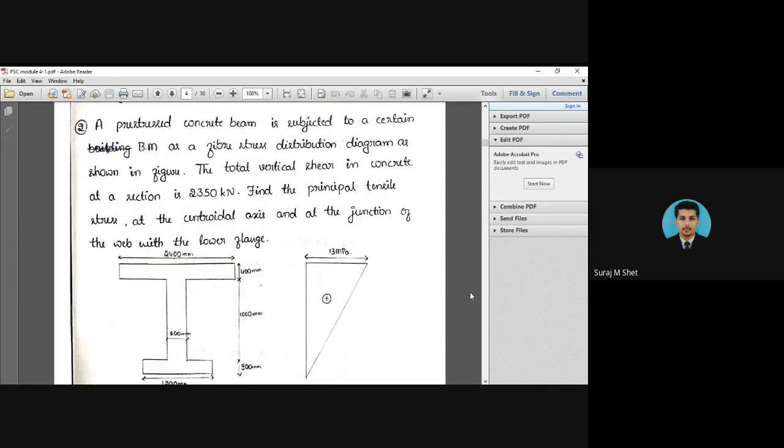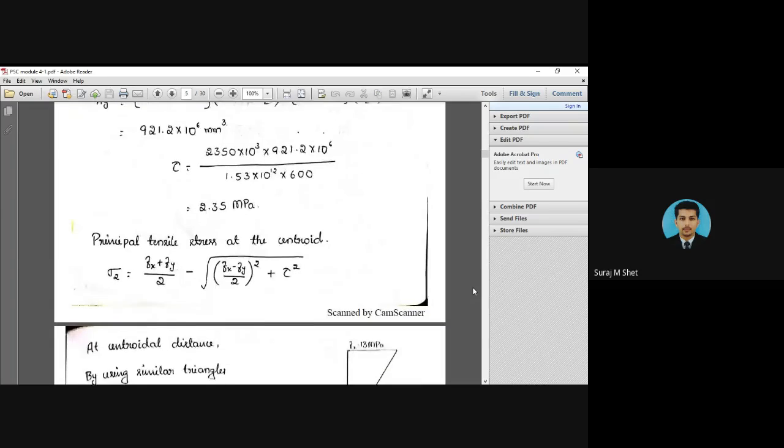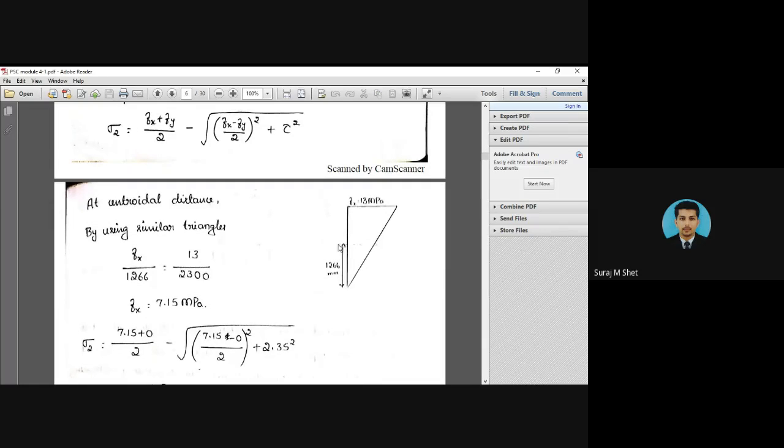This is the Fx value from the top. They asked to find the Fx value at the centroidal axis. That's why in this problem I want to calculate the stress here. So I'll consider this as one similar triangle, and one more similar triangle is here. You already calculated this value, the 1266 y bar value. So I apply similar